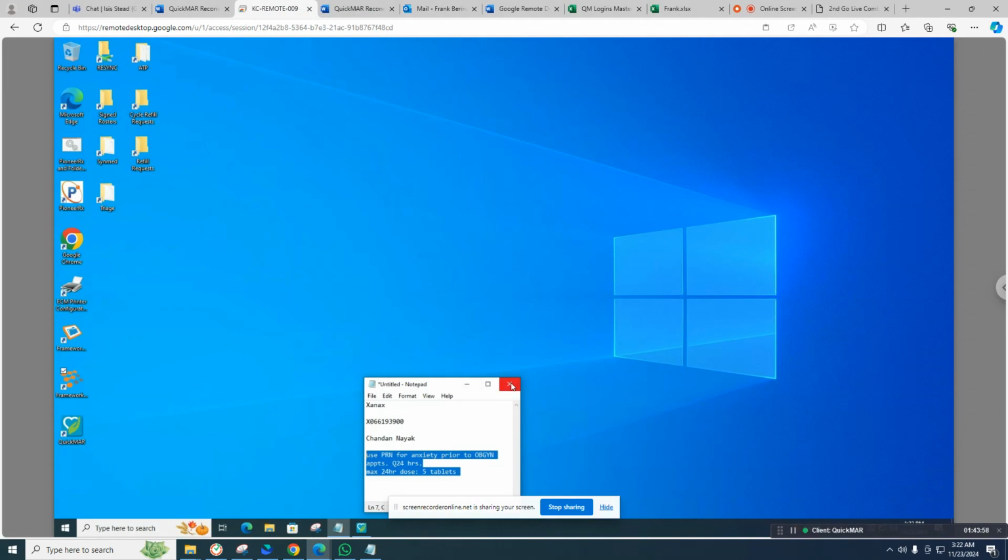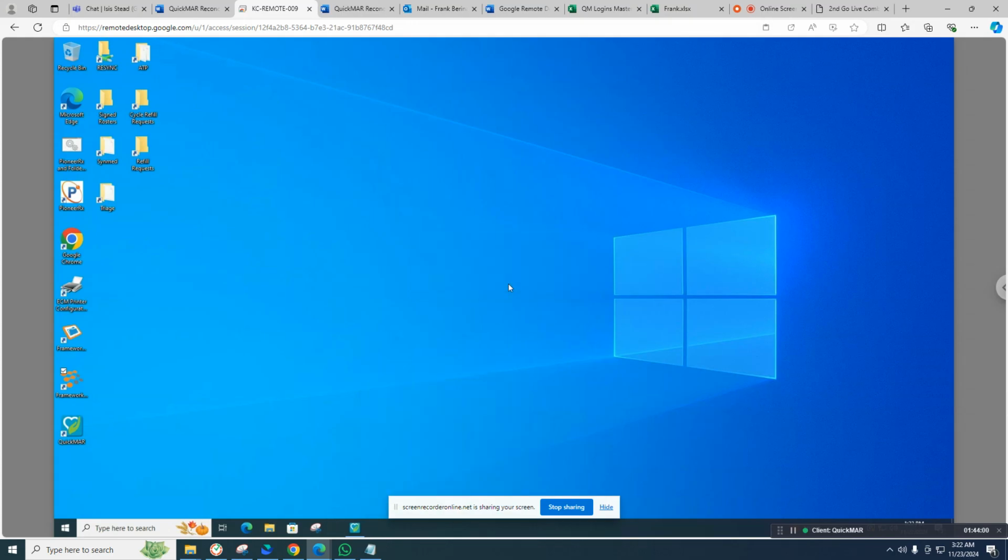So hello everyone. This is a recording for the Framework and Pioneer task. Again, you will be assigned a username and password for this one, just the same as the previous task before, which is the Quickmar. We need to log into a remote desktop that was assigned to us. So for this one, to open up the Framework,